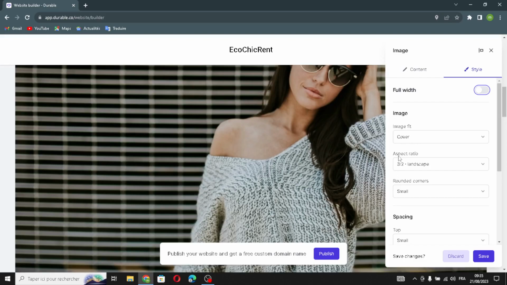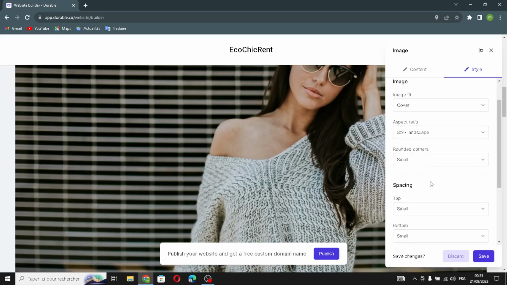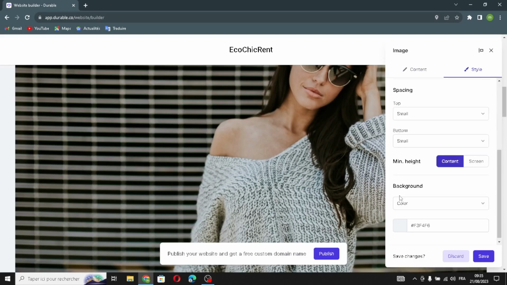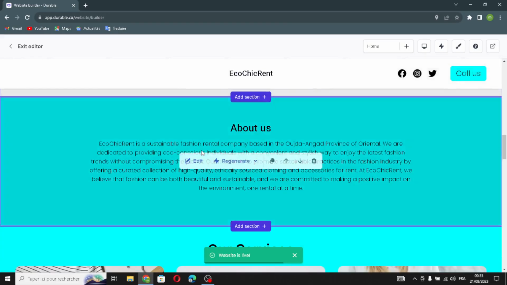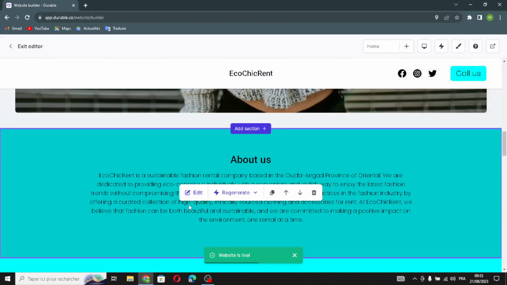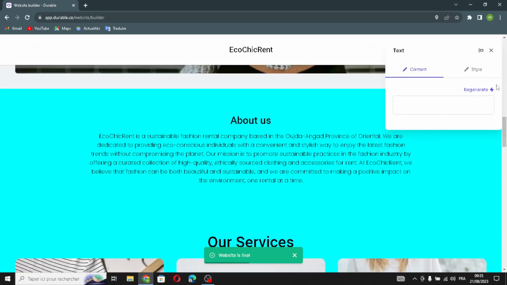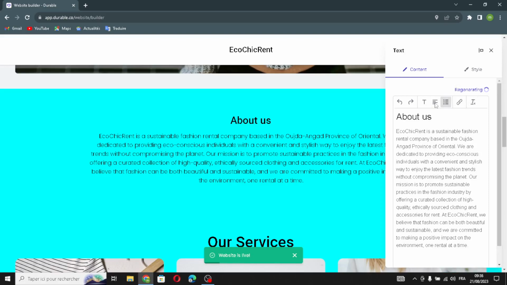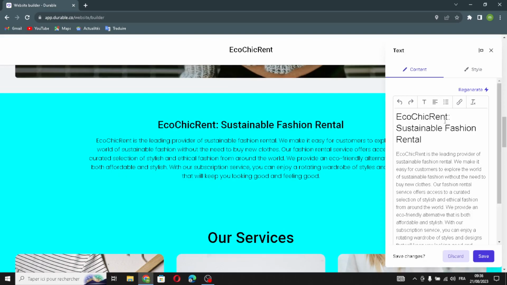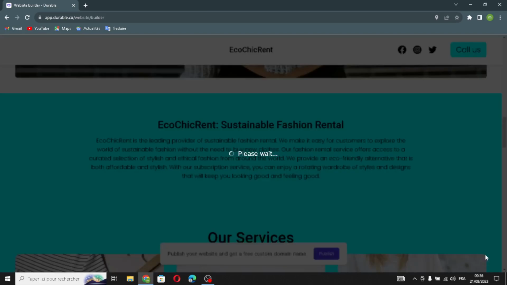The image fits the aspect ratio, the rounded corners, or the spacing, or the background. So that's it. Let's save this and let's move on. The next section is the text section of the website. Edit. Here if you want to generate another text form, just click here. Also if you want to edit the style or the size of the writing,